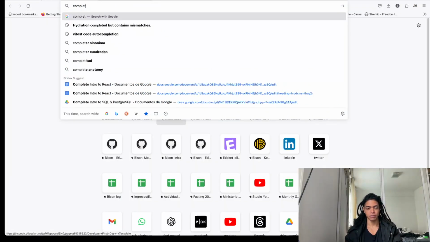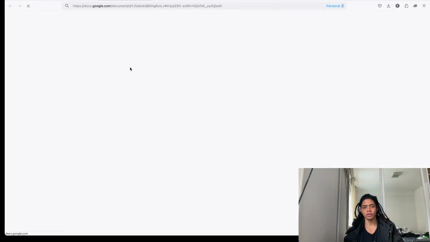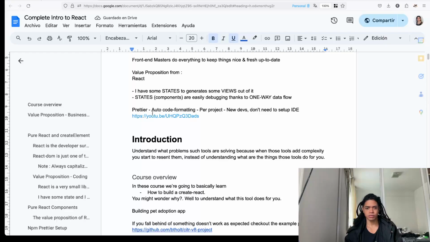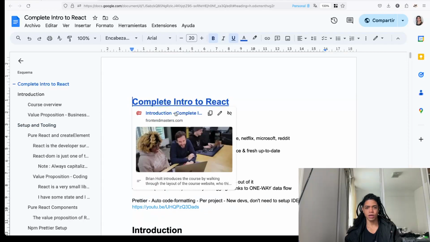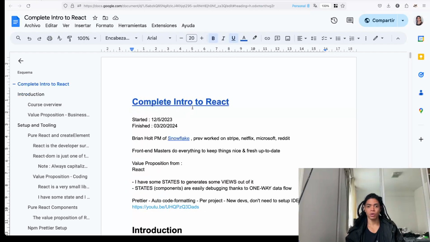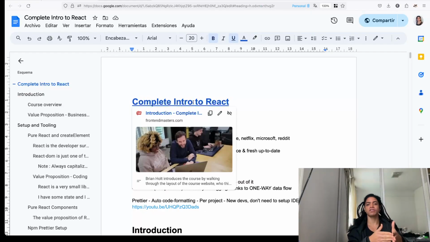And here I already made my notes about it. Here we didn't organize the code, but this is the previous course, the one that comes before what we're going to look at right now, where we look at the core React features. What is React all about? What is the value proposition of React? JSX, which is part of these core features,